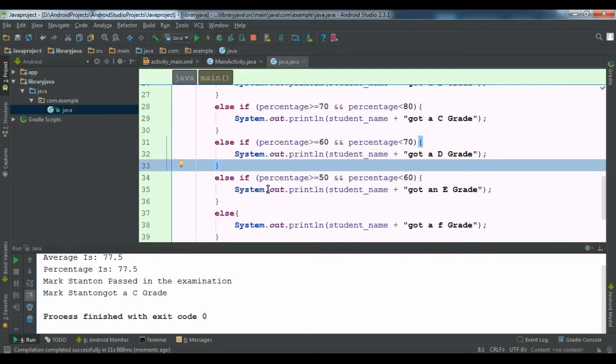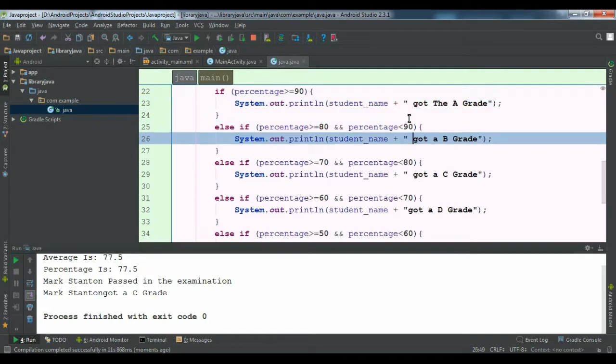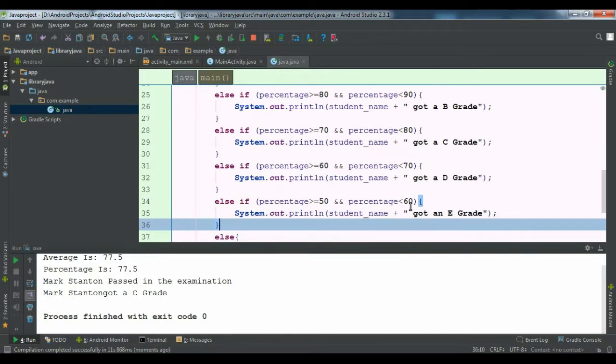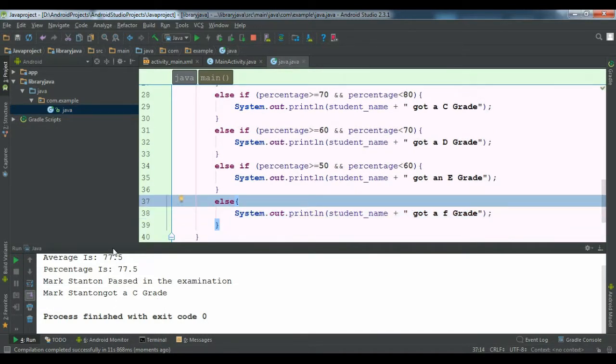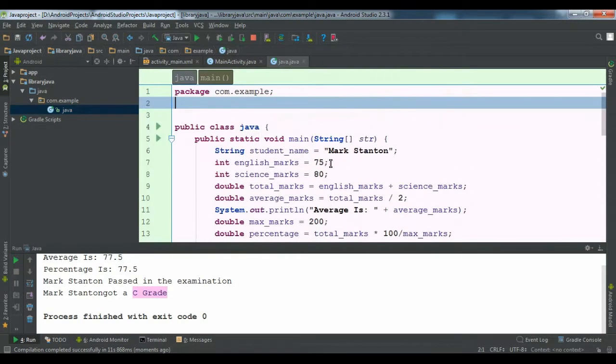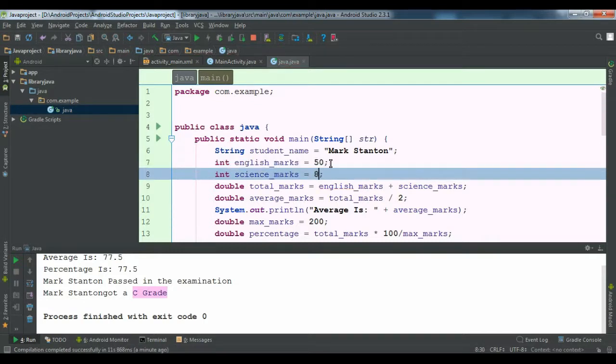Yes, I think I have got some pretty good results here. You can see the average is 77.5 and he got a C grade. So this means our program is working. So now let us test another case by giving 50 and here 65. Now run the program again and change the name